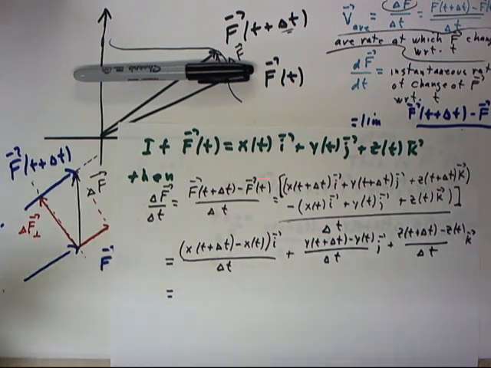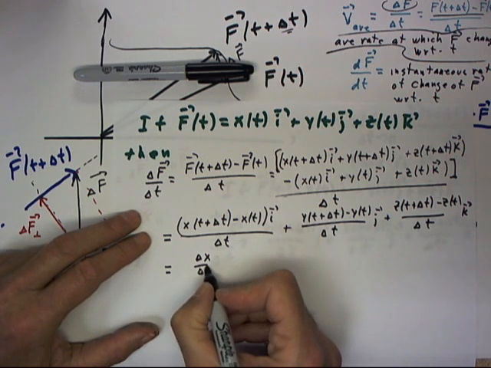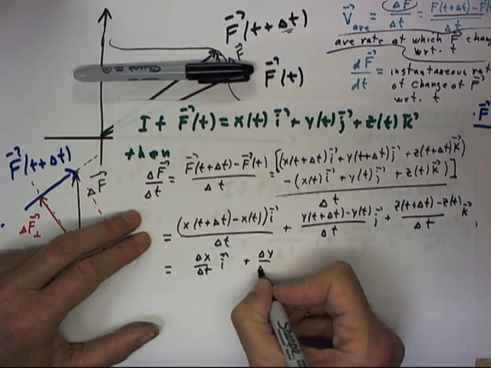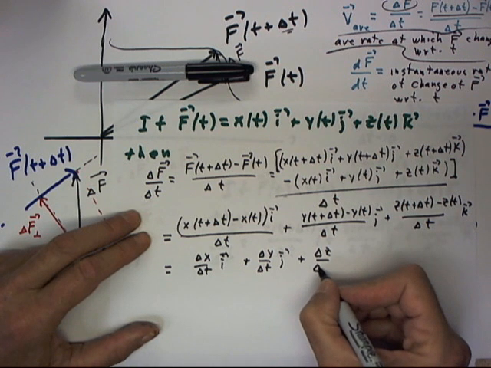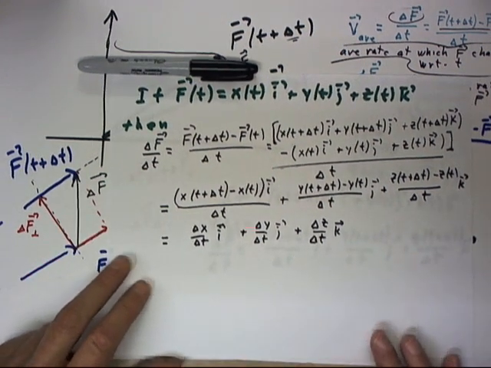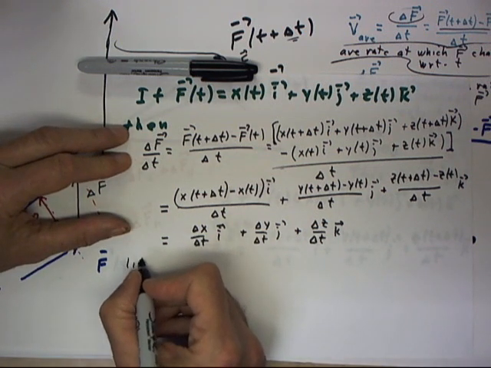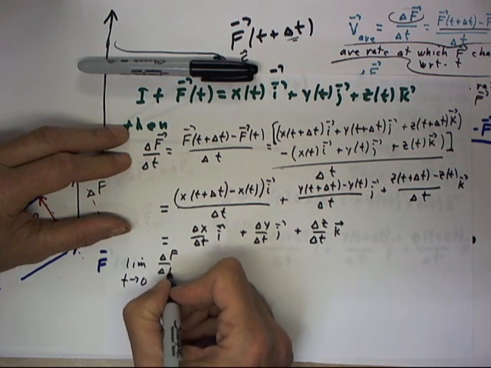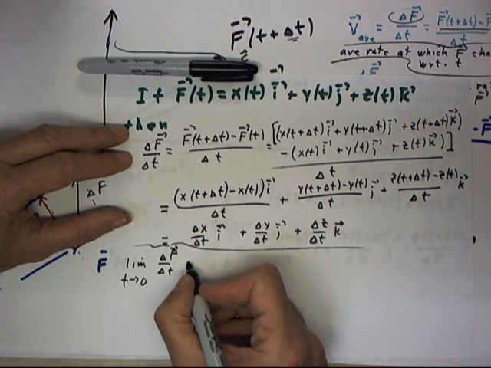We could write this, if we wished, as delta x over delta t times i plus delta y over delta t times j plus delta z over delta t times k. So that when we take the limit as delta t approaches 0 of delta f over delta t, crowding ourselves a little bit here, we get,